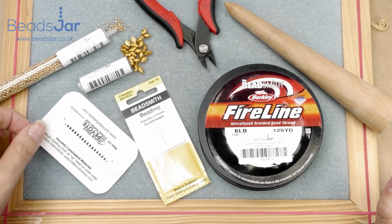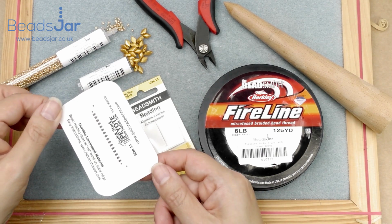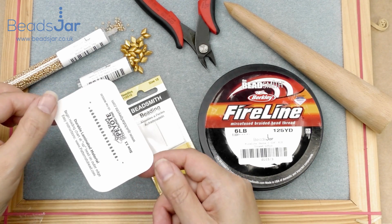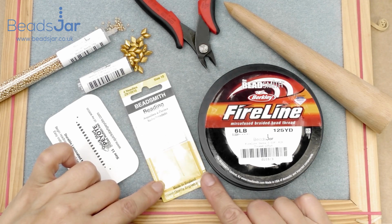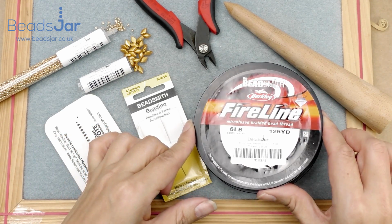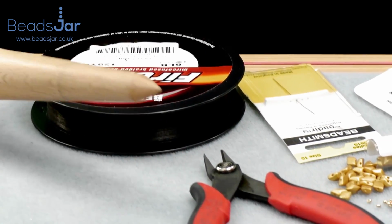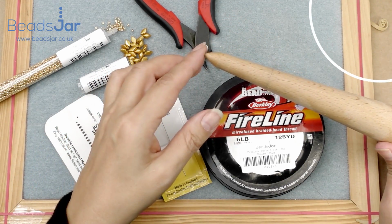Then I am going to be showing you some peyote stitch for the band of this ring, and I like to use the Quick Start Peyote cards by Deb Moffat Hall, so I'm using one of those. We're going to be using a size 10 beading needle, some Fireline in 6 pound, and I'm using the smoke colour. I've got a ring mandrel, that's to help me to form my ring and to measure the ring shank,